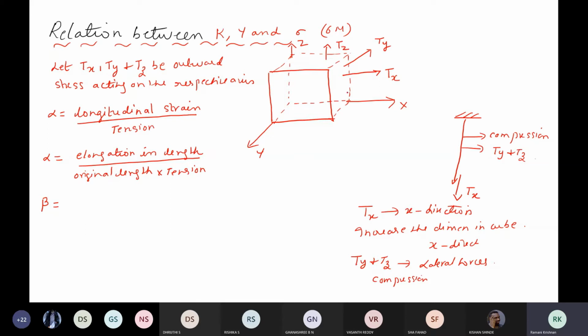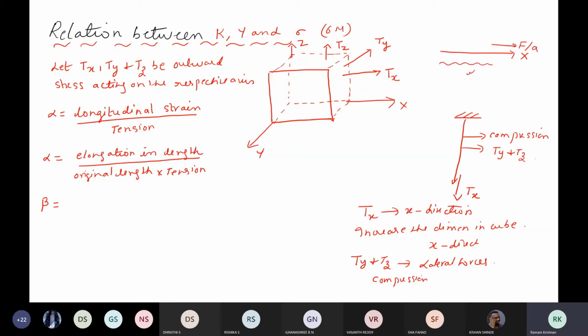Right? What simple thing I'm saying, if I'm trying to pull this x axis, what will happen? The length, for example, I have a wire here, right? Now I'll show this in the same diagram. Let us see. Now I'm trying to pull this. I'm applying a force here, force per unit area. I'm pulling it. So here what is happening?